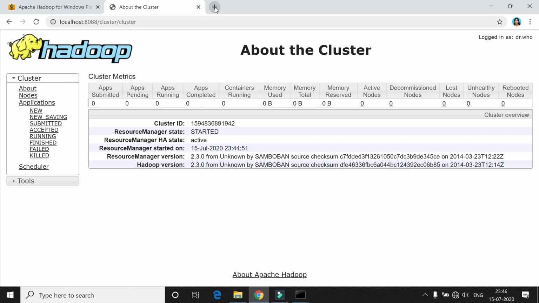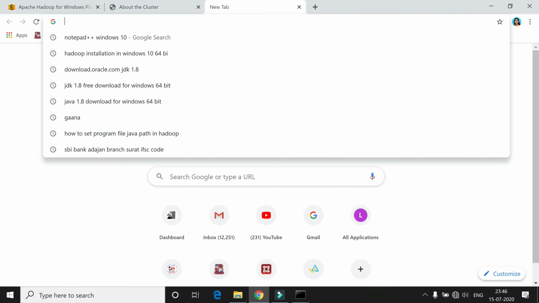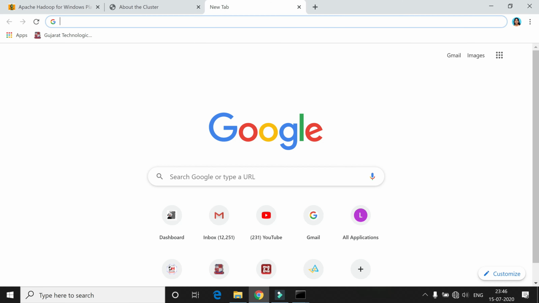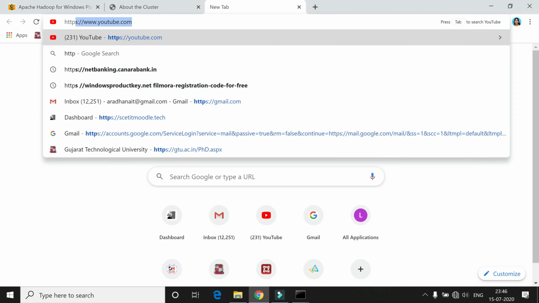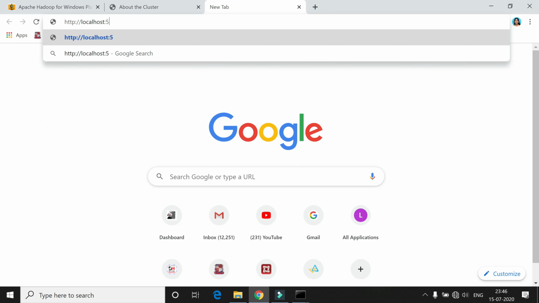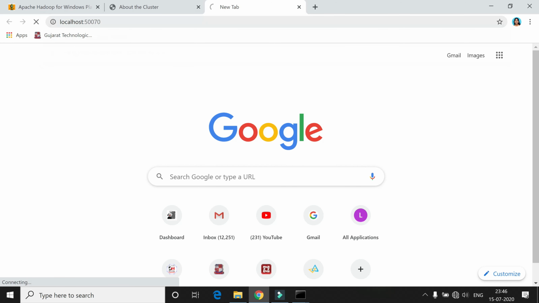Then, in order to check the status of your name node and data node, go to this particular link, http://localhost:5070.